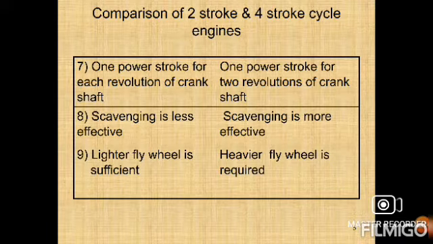In two stroke engines, specific fuel consumption is more due to fuel loss through the exhaust. In a four stroke engine, specific fuel consumption is less. The gases are exhausted by the piston itself. It means the piston transfers the exhaust gases out of the engine cylinder through the exhaust valve only.